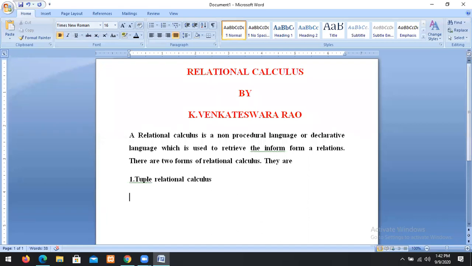One is tuple relational calculus, also called tuple calculus. The second one is domain relational calculus. So we have two forms of relational calculus. First, we'll discuss what is tuple relational calculus.